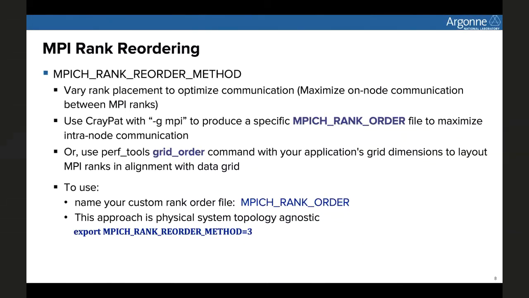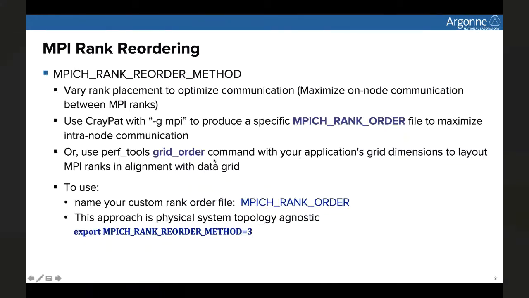You could use CrayPat with the -g mpi option to produce an MPICH rank reorder file. By using CrayPat, it deciphers the communication topology that is used by the application, and then heuristically it could suggest what might be a rank reordering that you could use.